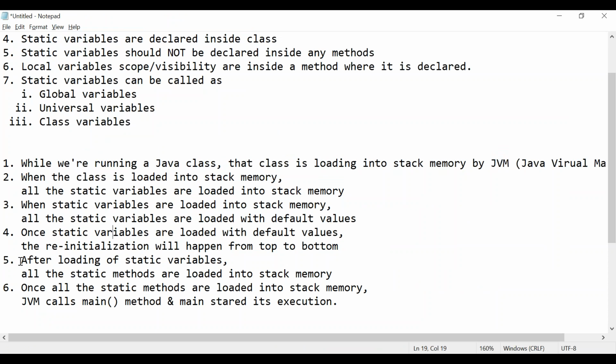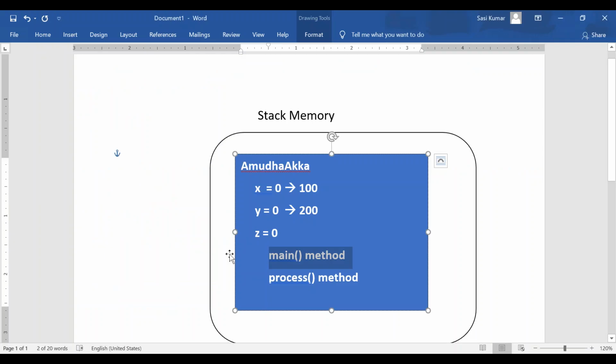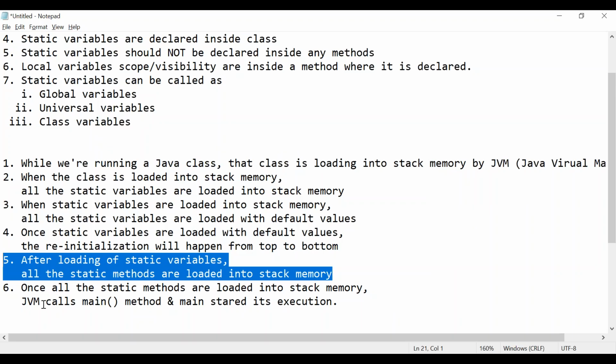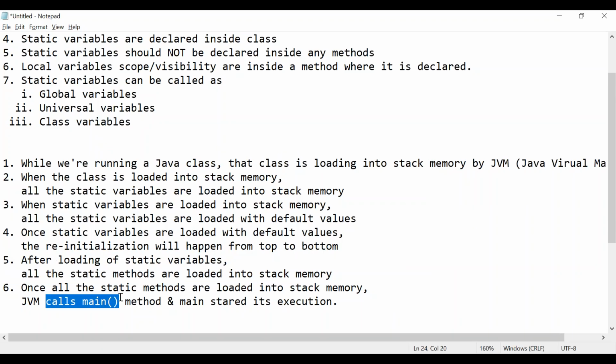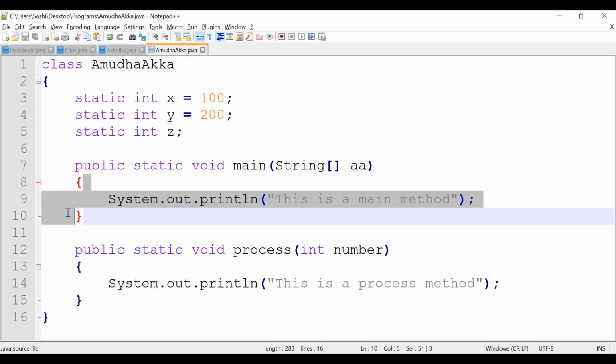Once the static variables are completely loaded and reinitialization is completed, JVM will load all the static methods into stack memory. Once all are available inside stack memory, JVM will call the main method, and control goes into the main method. The main method will start its execution, and whatever we keep inside the main method will be executed.